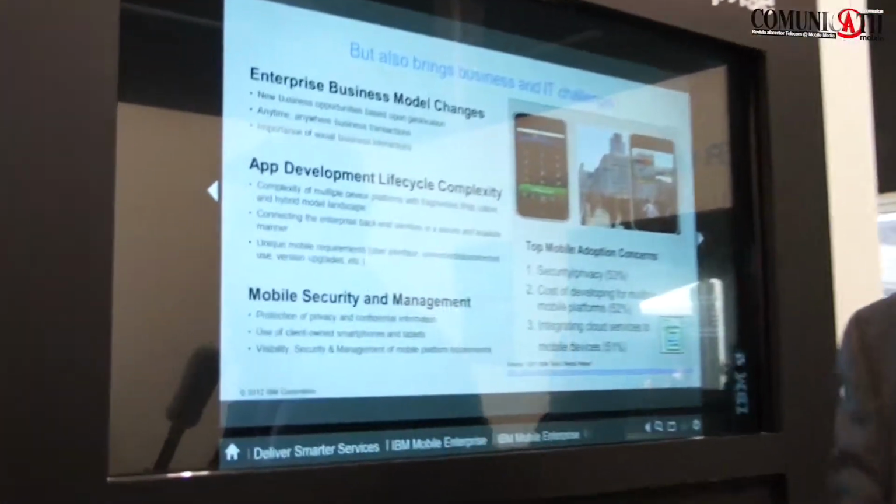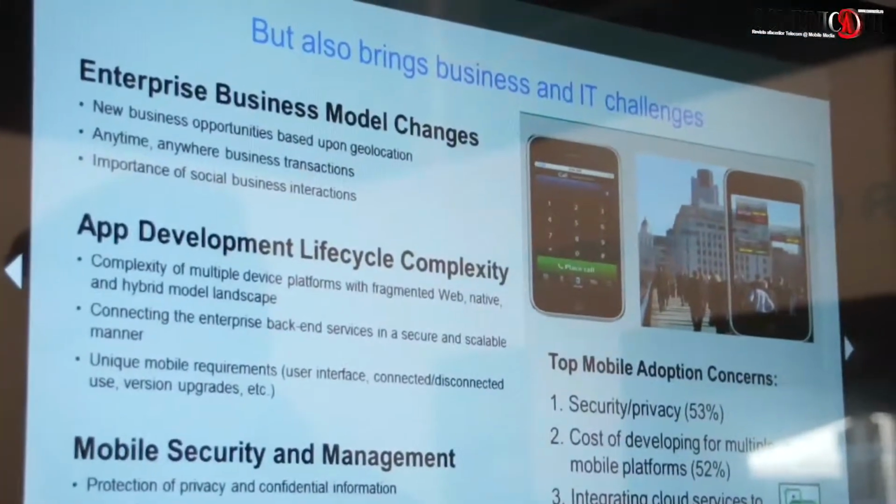But it also brings a lot of challenges, because unlike previous generations of laptops or desktops, mobile devices, of course, are smaller. It's very easy to lose a mobile device, right? So there are security considerations because the device is so small and is carried around with people. But there are many advantages as well. Location, geolocation is critically important. This means that people know where you are and they can adjust accordingly. You can do business anywhere at any time, and you can take into account things such as the location. Where is that doctor? Where is your ATM, and so forth,